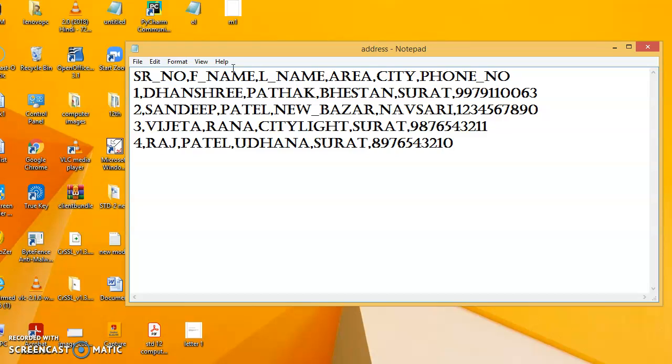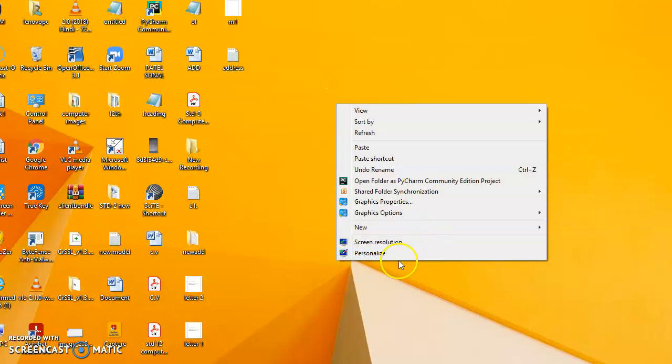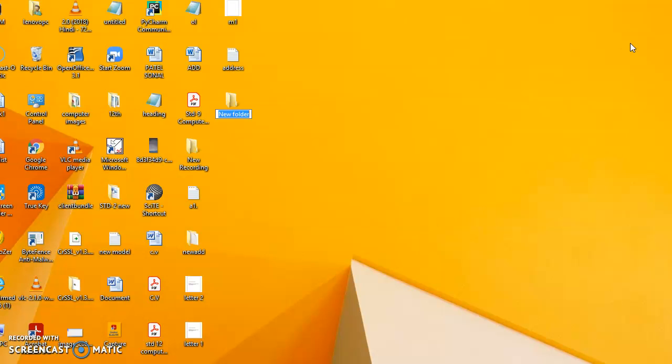Here I am creating a simple file whose name is address. Now I will put this file in one folder. Right click, new folder. Folder name will be address 1. I will put this file into this folder.